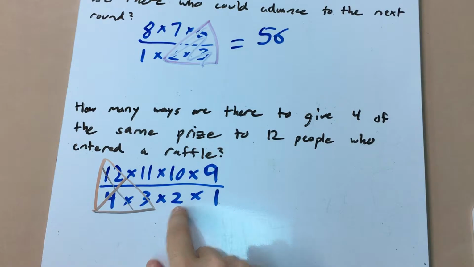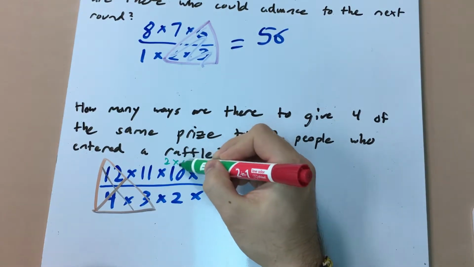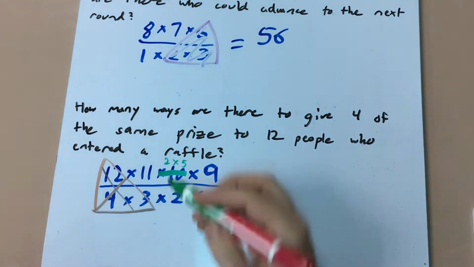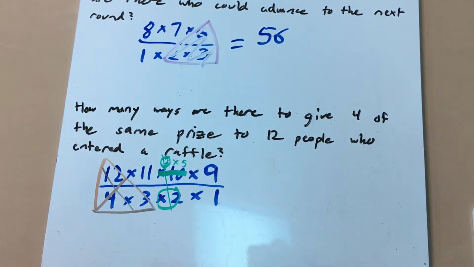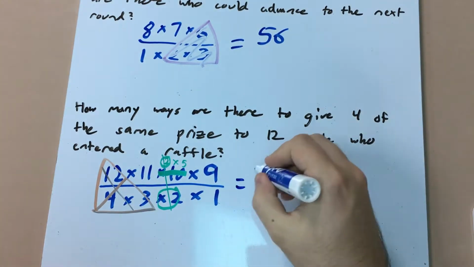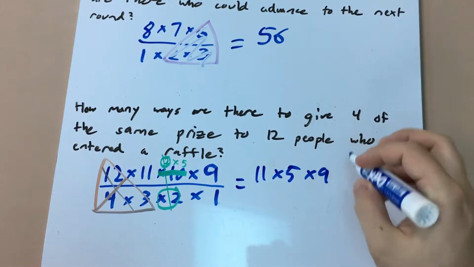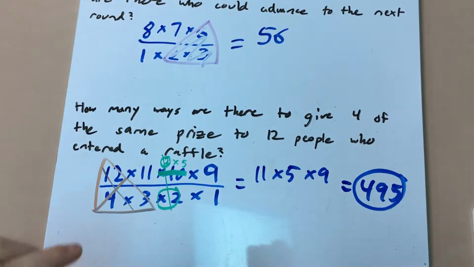And now I have this 2. I don't see a 2 up here, but I do see an even number. And I'm going to say, okay, instead of 10, I'm going to call this 2 times 5. Which means I can get rid of 2 in the numerator and 2 in the denominator. Those cancel. So essentially, I leave myself with 11 times 5 times 9, which is 495. There's 495 ways to just give 4 of the same prize to 12 people who entered a raffle, as